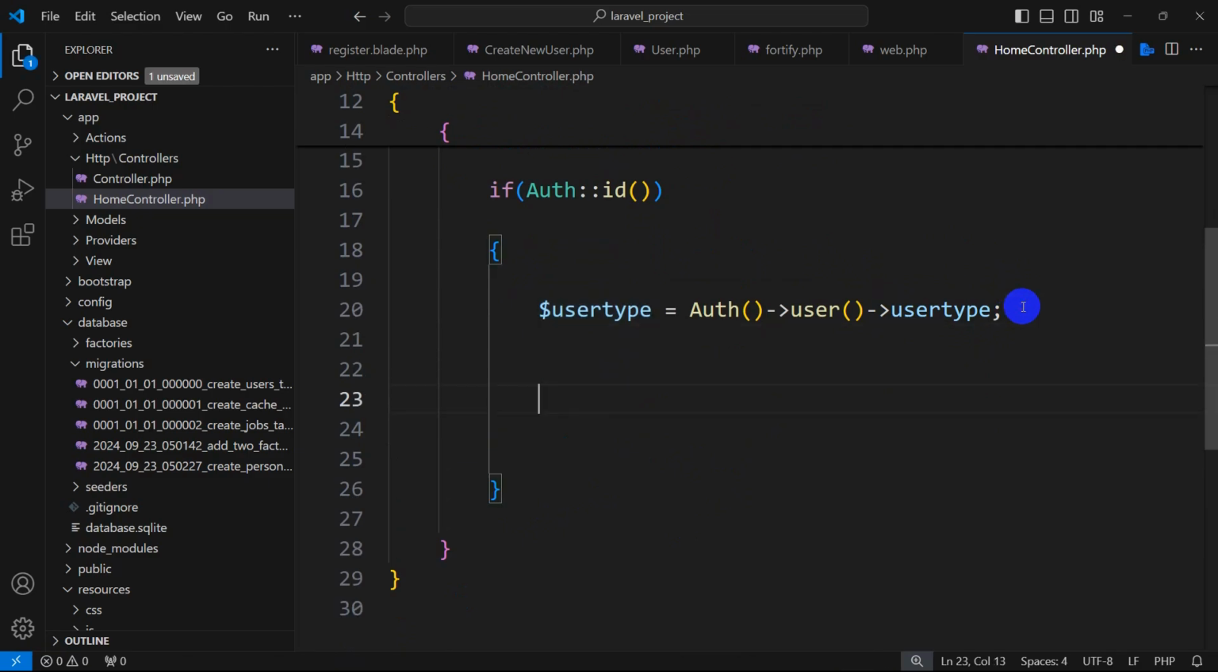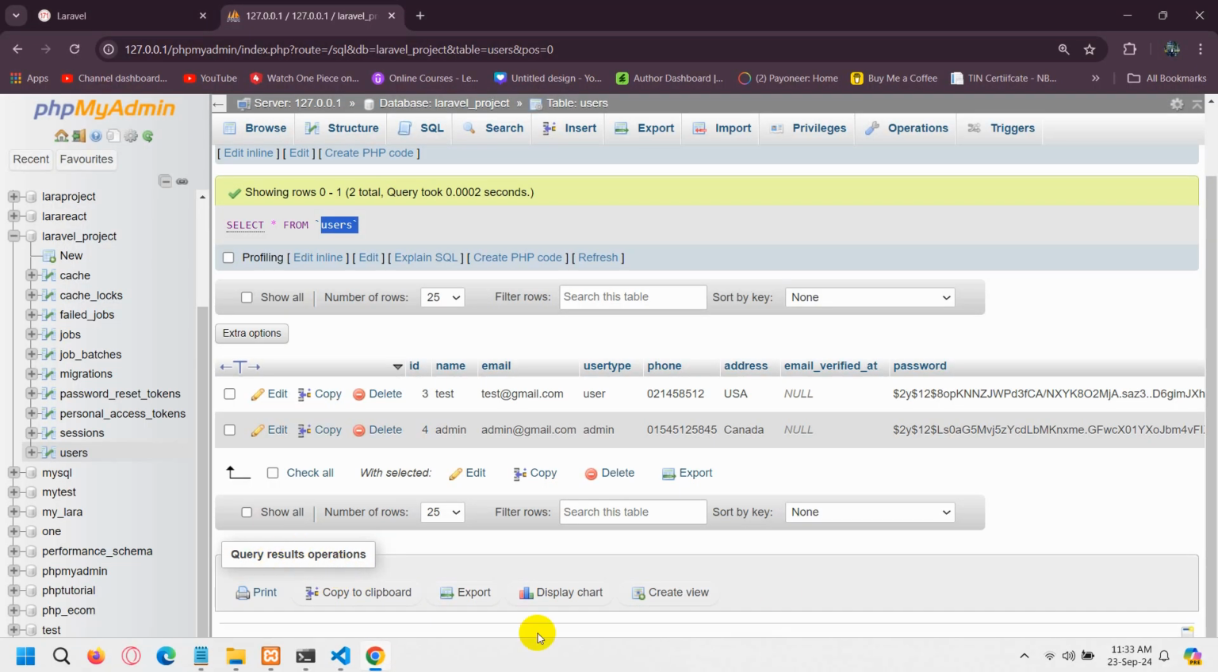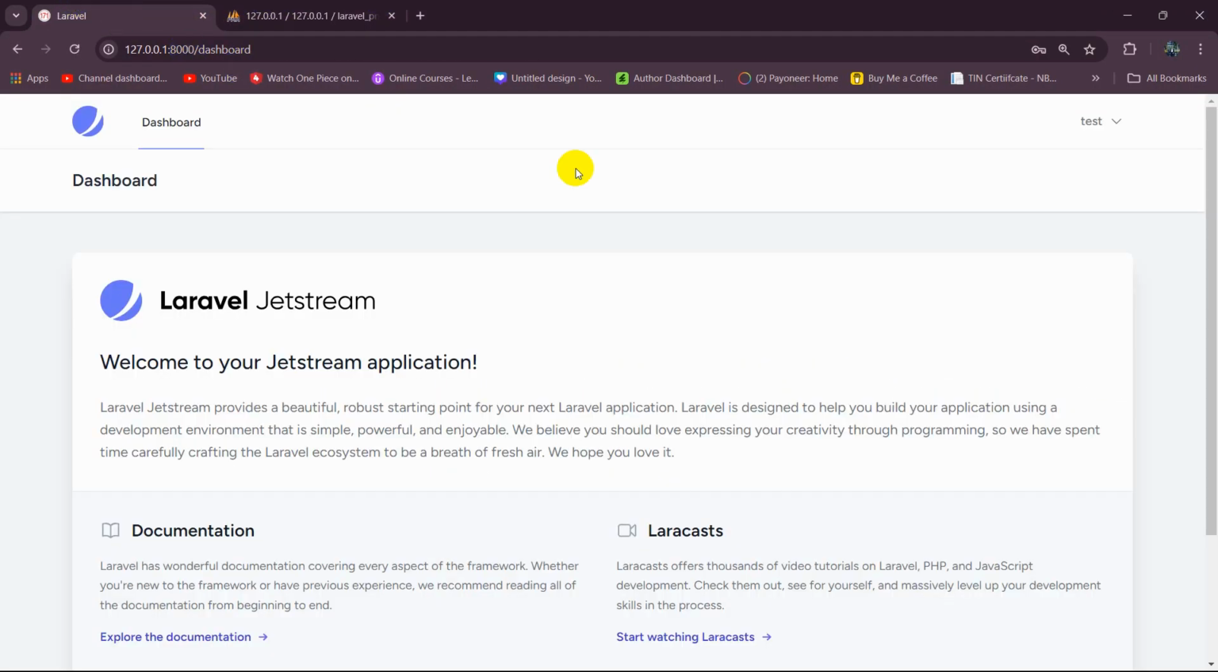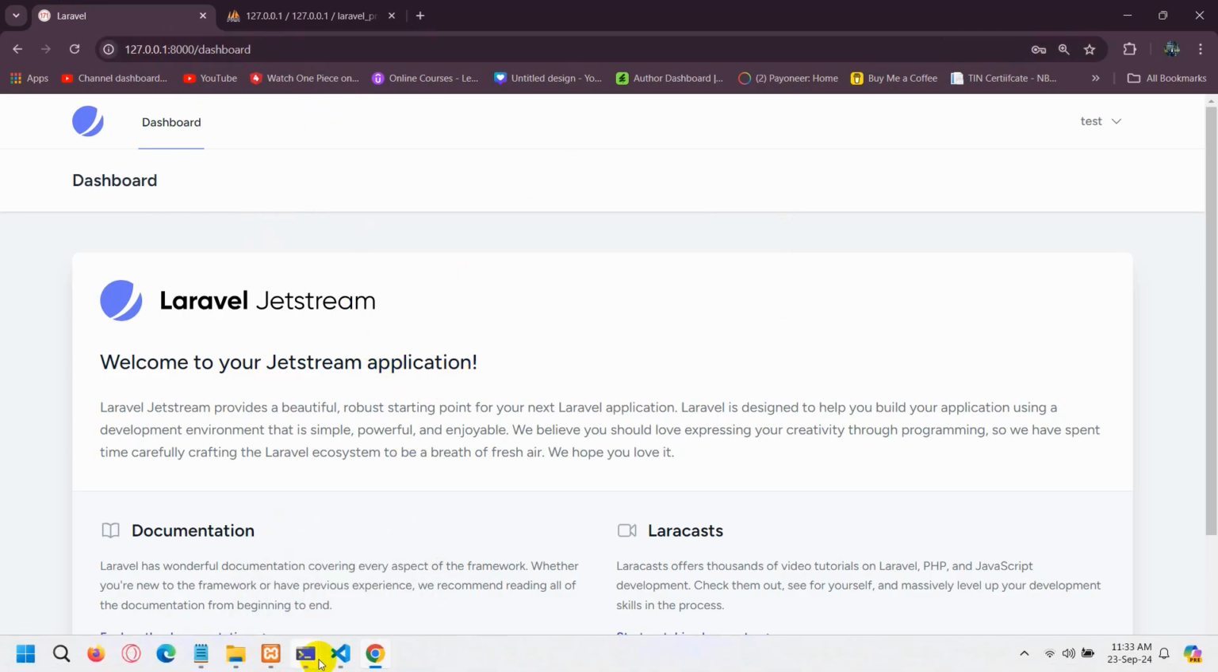Then we are going to give an if condition. We'll say if $user type, let me just copy this, paste it here, then we'll say equal. If the user type is user, then we are going to send the user to, let's say, the regular dashboard. And the regular dashboard is basically this one. So here you can see /dashboard, and this view is coming from the,